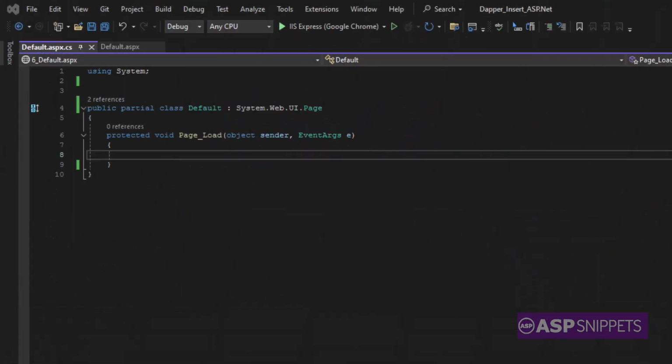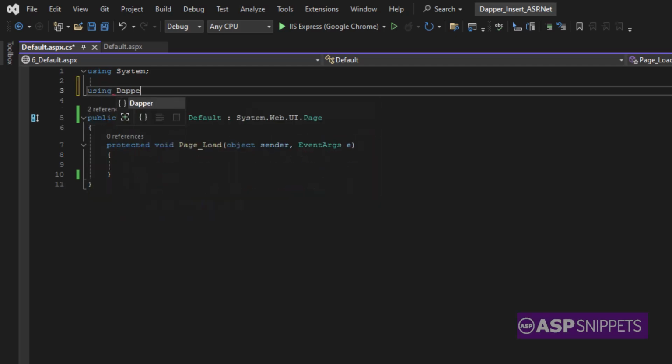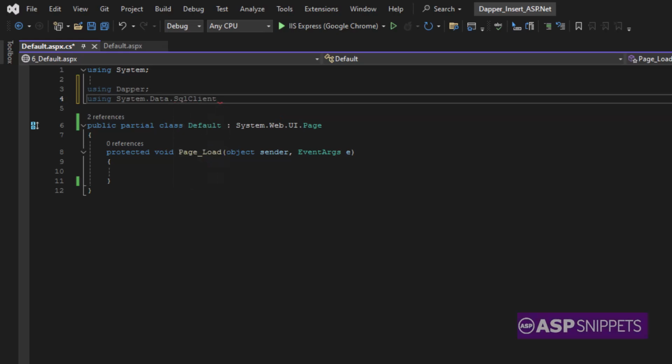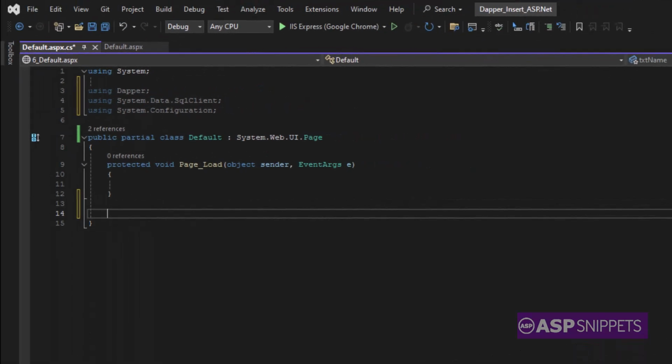Now in the code behind, we'll start by adding the namespaces. The very first namespace is Dapper, then System.Data.SqlClient, and finally System.Configuration. Now inside the OnInsert event handler,